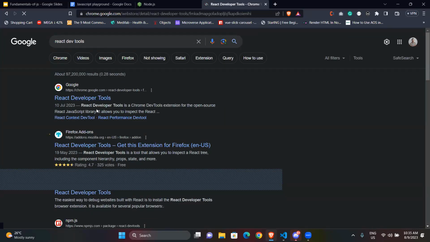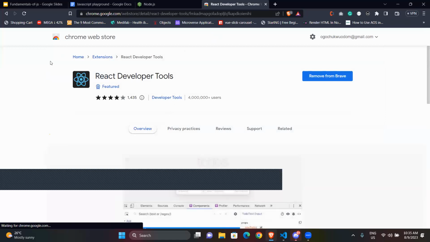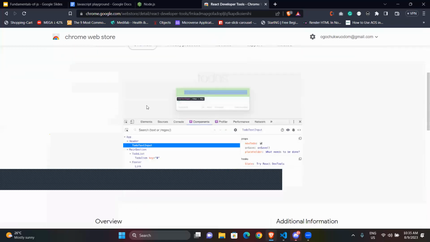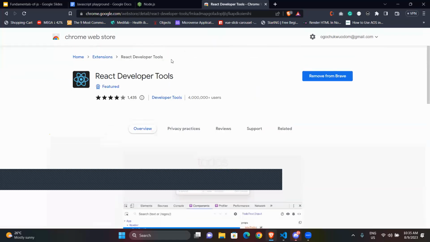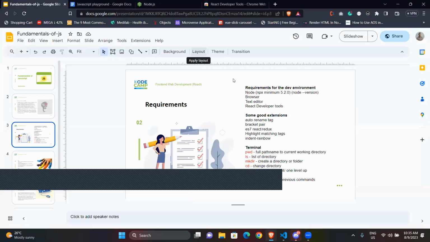It's a plugin, so you need to install it in your browser. Those are the basic things that we need.